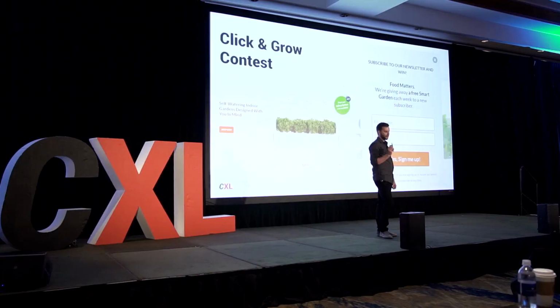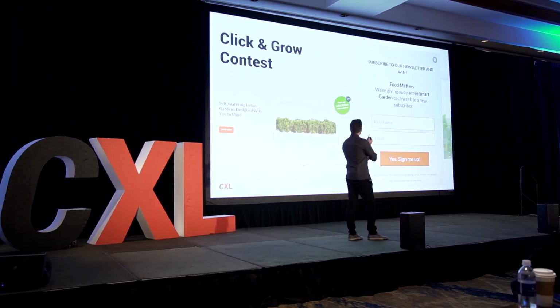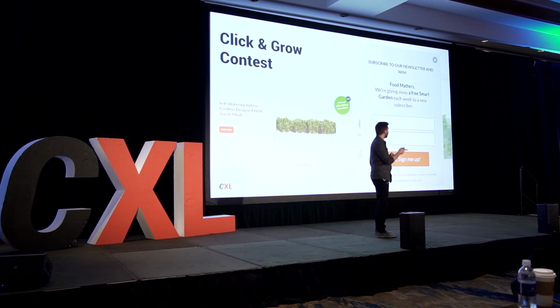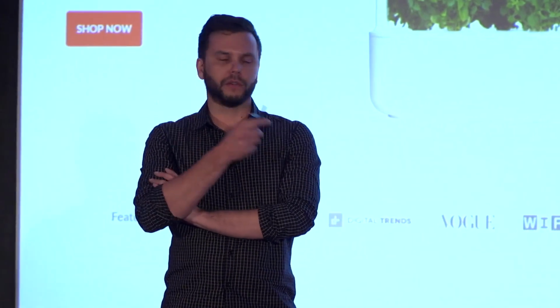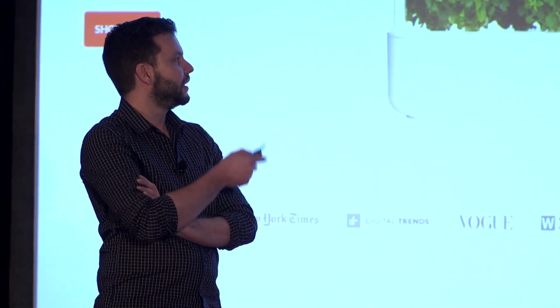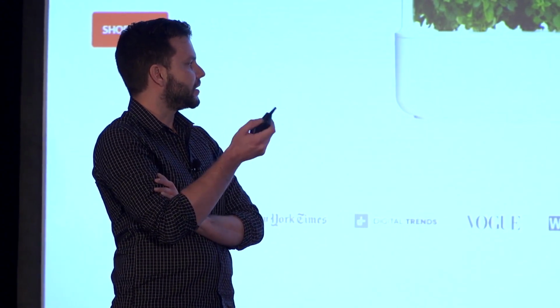But if you're in an agency setting, or even an in-house optimizer, you're going to be dealing with starting points that are a little bit more challenging than this, because most people already know not to launch something like this. So I'll show you what I mean here. This is Click and Grow, a client of ours. They sell smart gardens. They combine with little plant pods. You can grow 45 different varieties of fruits, herbs, vegetables right on your countertop. They run a contest where once a week they give away one of these smart gardens. So this is a welcome pop-up that shows up when you get to the site, gives you a little bit of information about the contest, and then tries to get you to sign up for it.